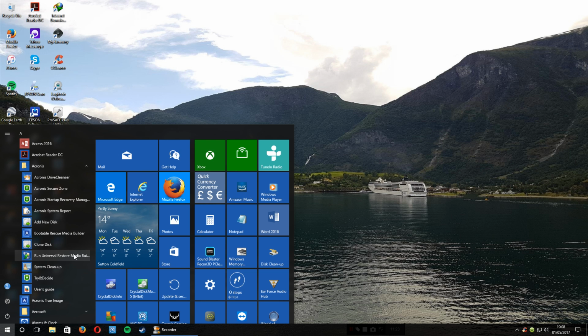At that point, you need to make sure that your USB pen drive with the drivers for your new hardware is inserted into your PC. Then carefully go through the prompts. You will then get to a screen where it says please specify the drivers, and that's when you click on browse and you browse to the files for your new hardware on the USB pen drive. Once you've browsed to those files, you can then click on next in that utility, and the drivers will copy over